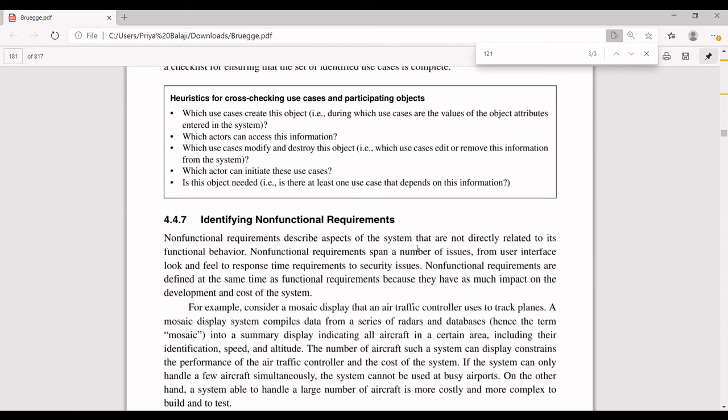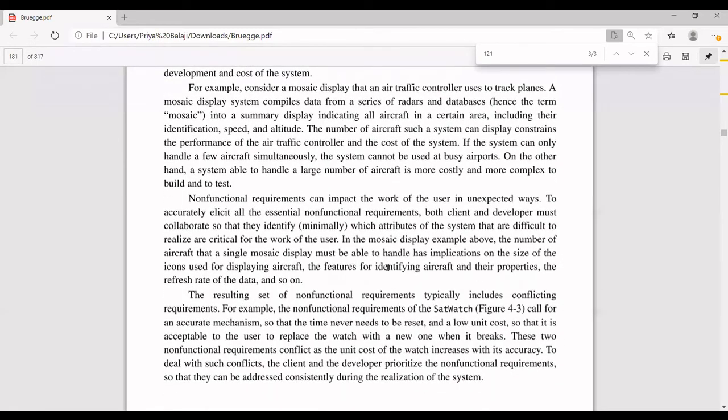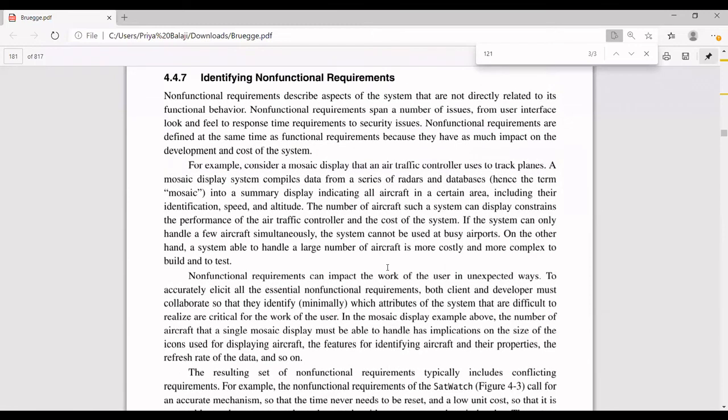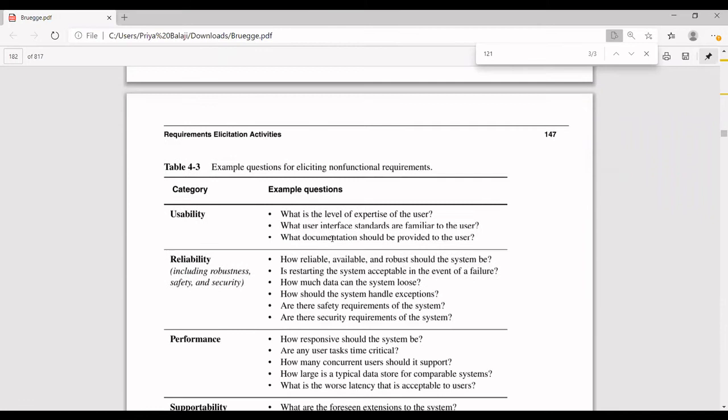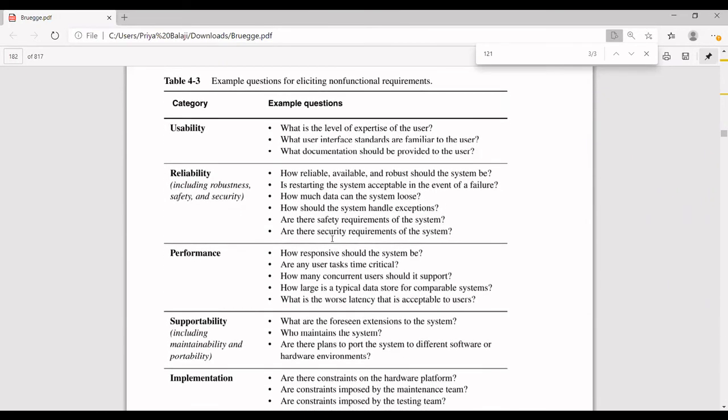So next, you have to identify the non-functional requirements. So far we have discussed your functional requirements. Now we are coming to the non-functional requirements. Non-functional requirements are also important, but they will not exactly be included in the function, though they are also involved in the function. What do we mean by non-functional requirements? What have we studied as non-functional requirements, do you remember? Yes, ma'am. Usability, reliability, supportability, performance, implementation. All these come under non-functional requirements.